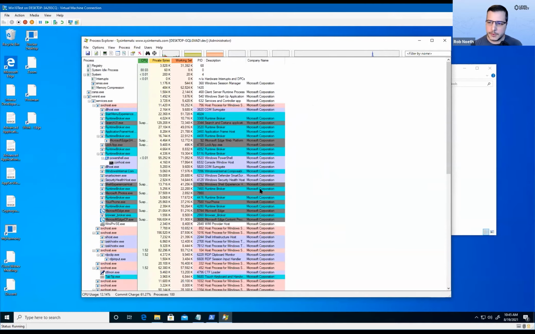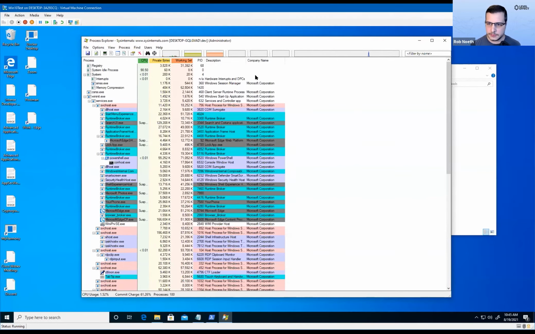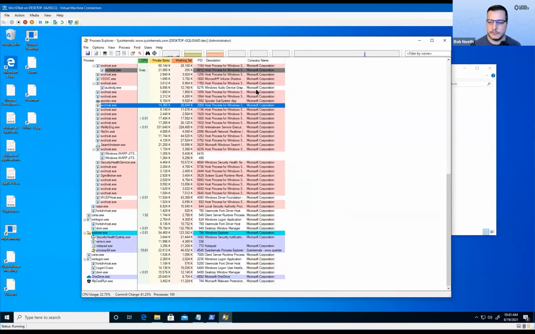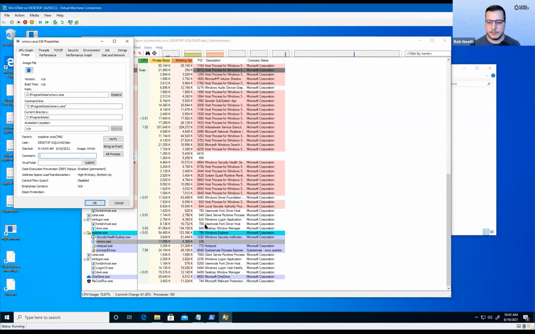You can see all of these are Microsoft. There's a few that aren't. Start menu experience examples. Some of these dumb apps that don't have any signatures or publishers. These are like Windows kernel and registry stuff. They don't follow the same rules. And then you have a few other ones that are not signed. But if we go down this list, we get to an interesting one down here, right? It's not red, but it's not signed either. So that's interesting to me. That sticks out. So I'm going to go ahead and click on properties on this